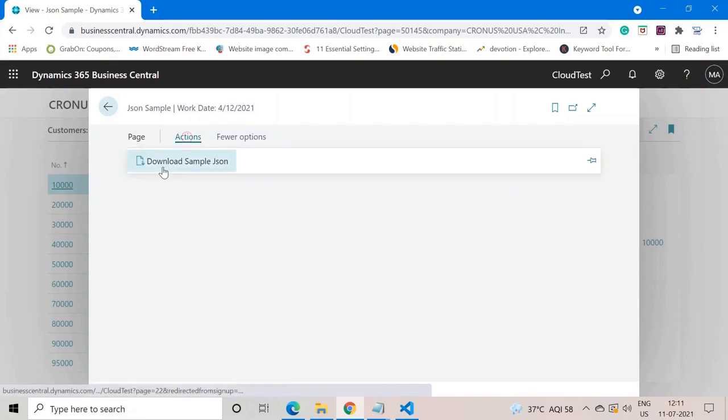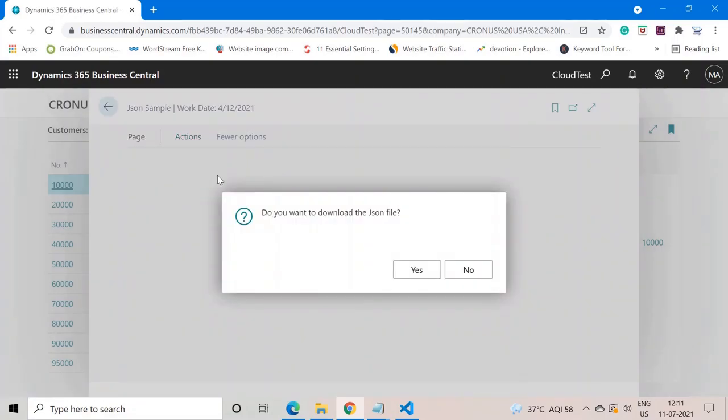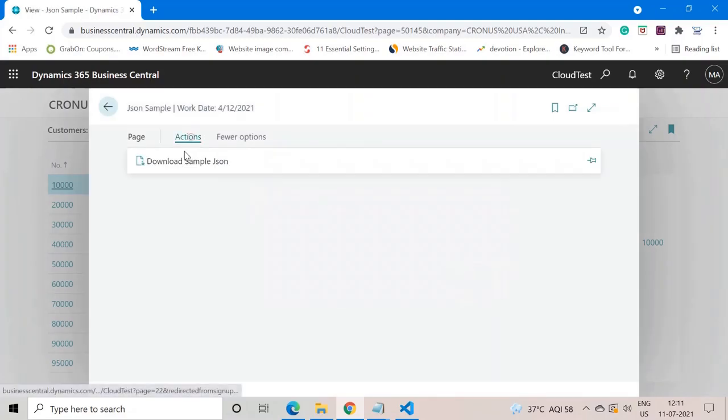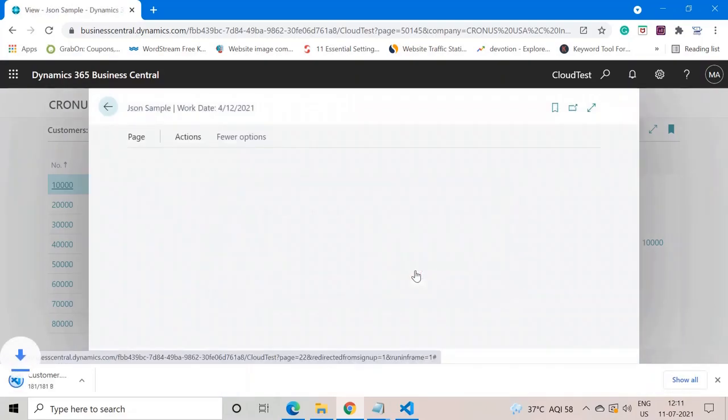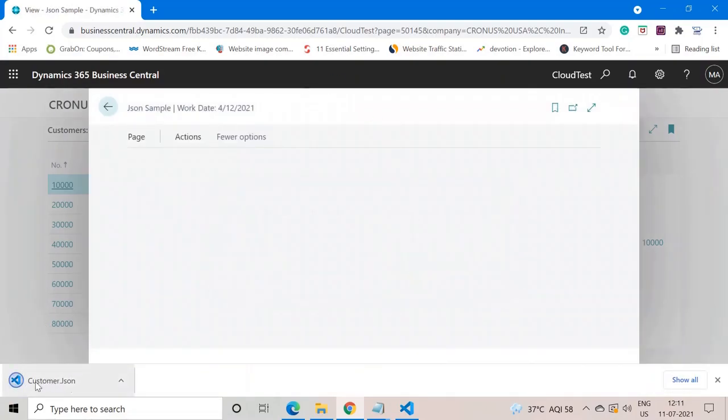It only has one function, which is download sample JSON. Click on it, and it is asking me if I want to download the JSON file. If I say no, then it gives me a message: no problem, try next time. But if I want to download, I click yes, and it has downloaded the JSON file for me.